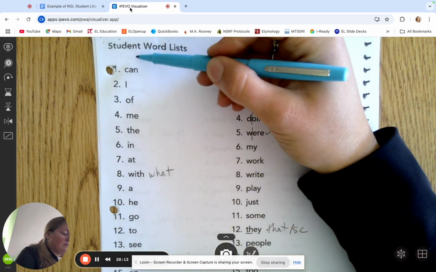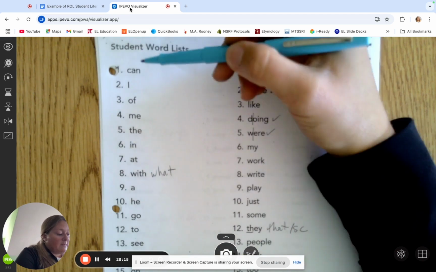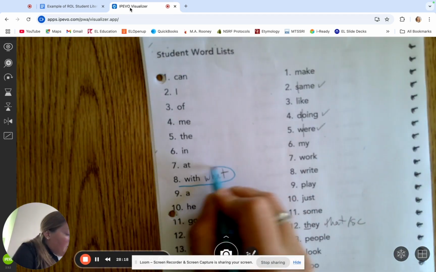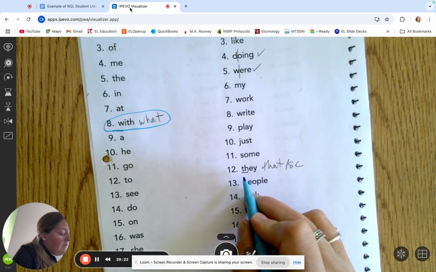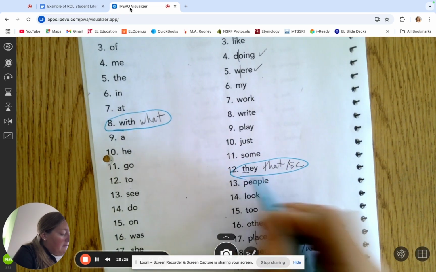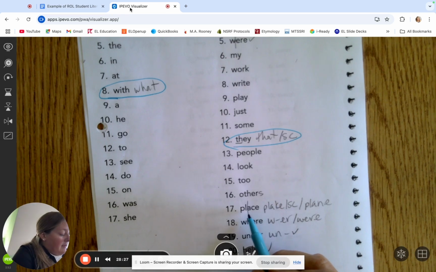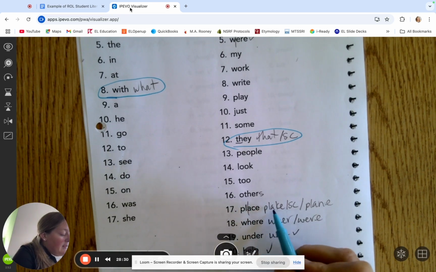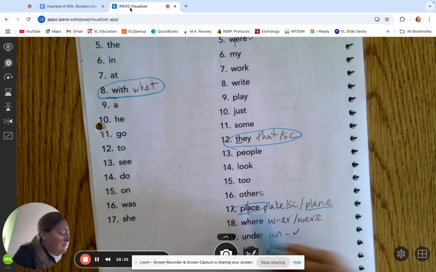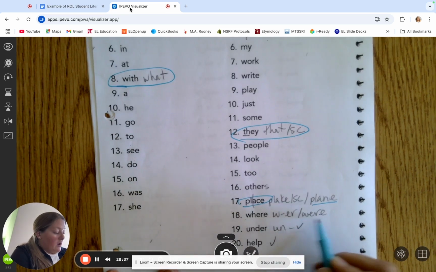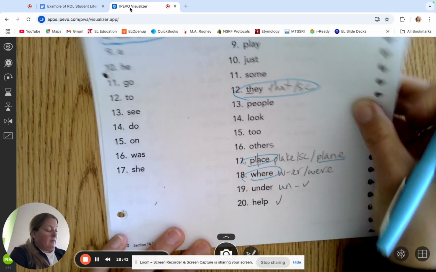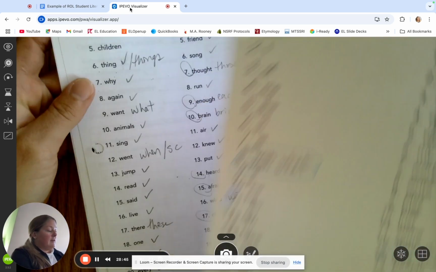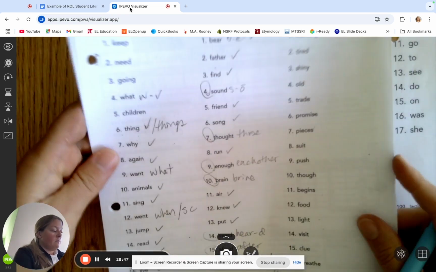So I asked him to start at the very first list, the primer list, and he read "with" as "what." He read "they" as "that," and then self-corrected. "Place," he said "pull," and then "plake," and then said "place," and then changed it to "plane." "Where" was "were." "Under" was "un," and then he got it. Okay, so then I went to the next list, and there's a guide